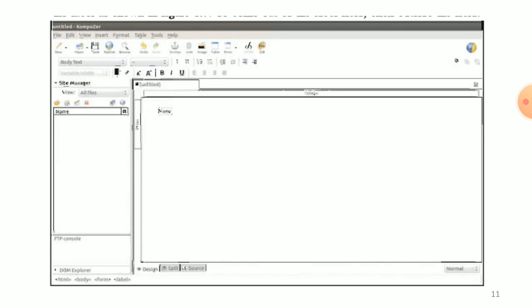Next, how to create a label field in the form. First we will insert a label for the name field. Click on the Insert menu, then Form, and then Define Label. Place the cursor in the form where you want your label to appear. Type the text Name, that is the label field, as shown in the figure in the slides. To come out of the label field, click outside the field.